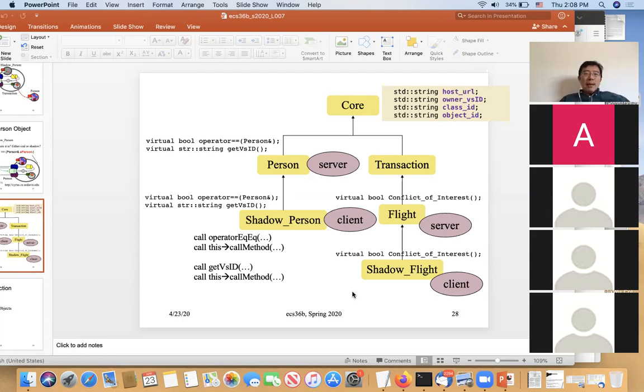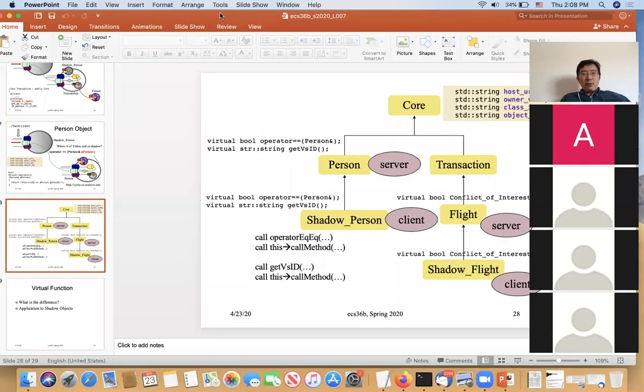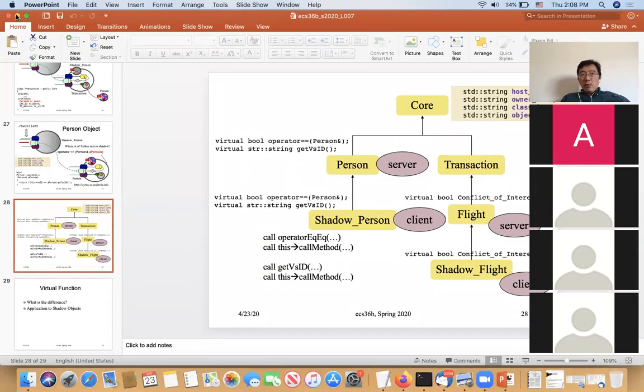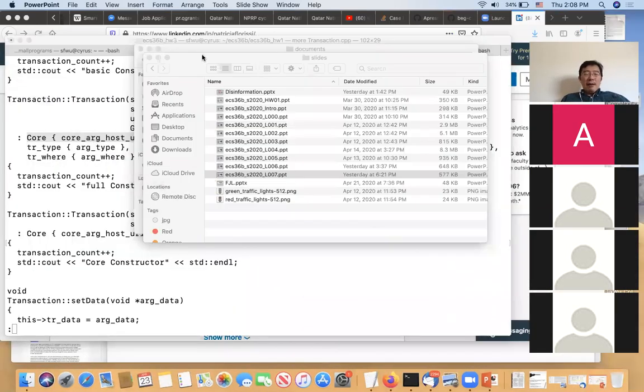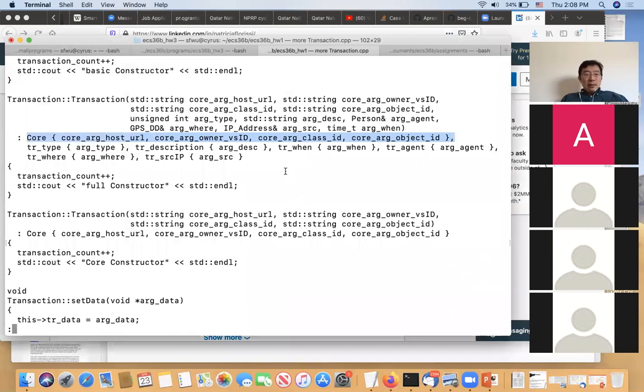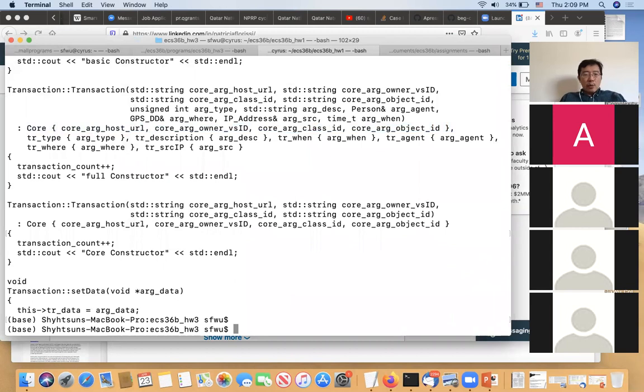So let me show you my example. This is the part that, of course, there's a more general way to deal with. Sometimes you have a registry or something like that. But let me show you an example of how I did that to show you that you can do the same thing as well. If you go to HW3